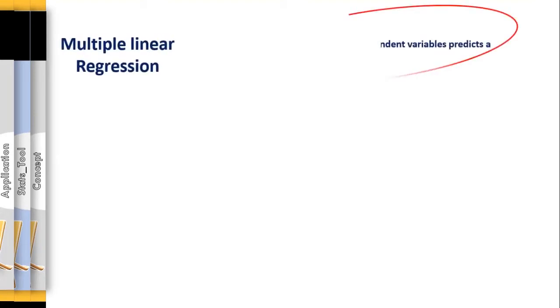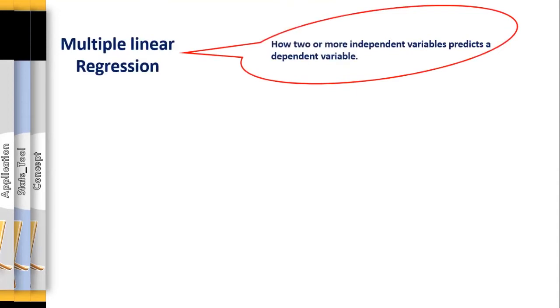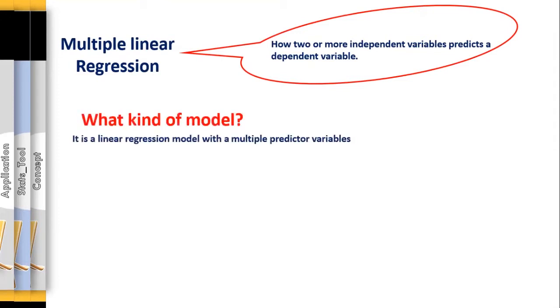Multiple linear regression tells how two or more independent variables predict one dependent variable. The model is basically a linear regression model having multiple predictor variables. Now, if you watch our video on simple linear regression, you will know that the difference between a simple linear regression and the multiple linear regression has to do with the number of predictor variables that are involved. Whilst in simple linear regression, we have just one predictor variable, in multiple linear regression, we have more than one